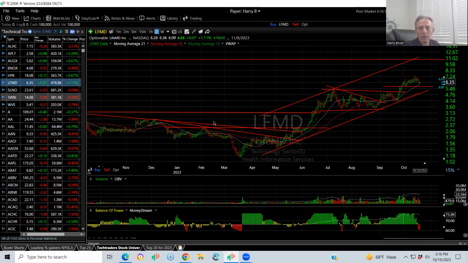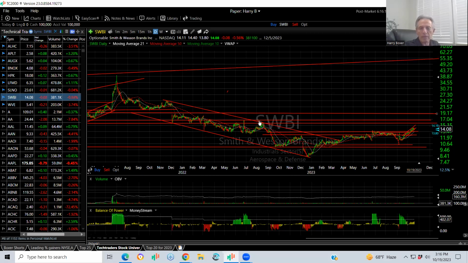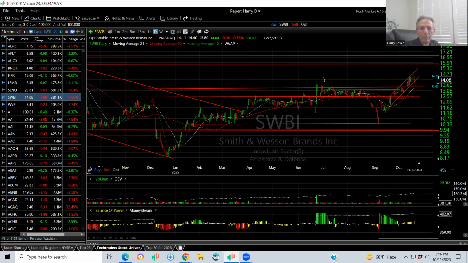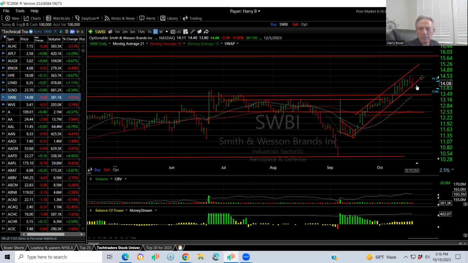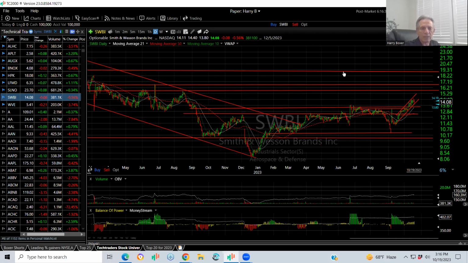Believe it or not, Smith & Wesson, the gun manufacturer, after a long downtrend, V-bottom platformed, and a 5-wave move up, and then rolled over. Spiked on earnings, I believe, pulled back and tested the gap, and then ran up nicely. Even though it's been down the last couple of days slightly, I think it's a $16 stock going forward, maybe more. If you get through that 16, 17 zone, you're looking at 19.